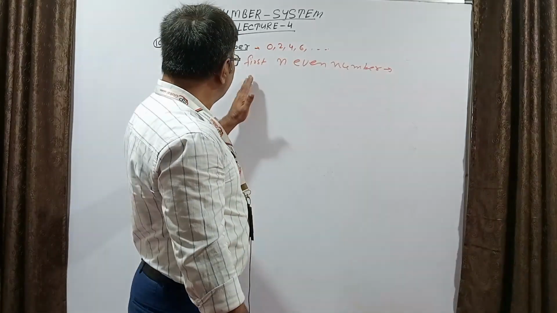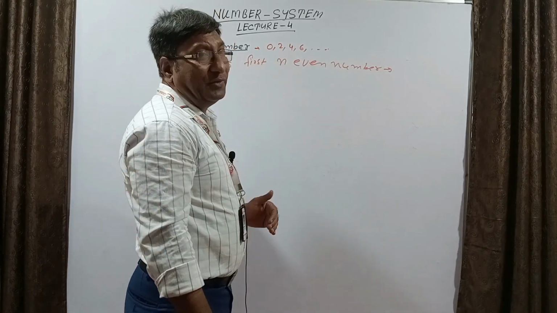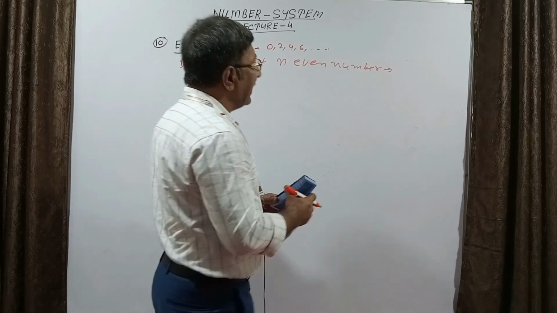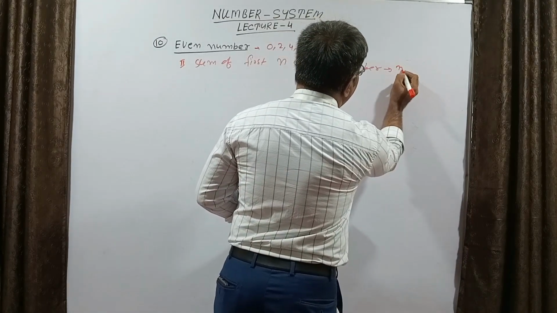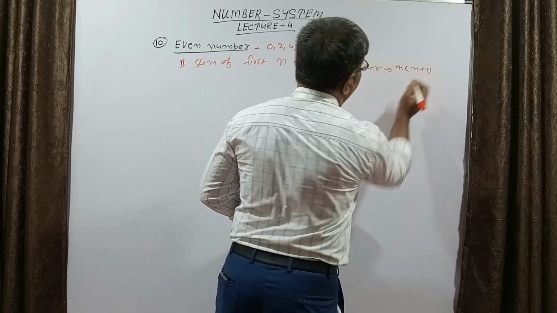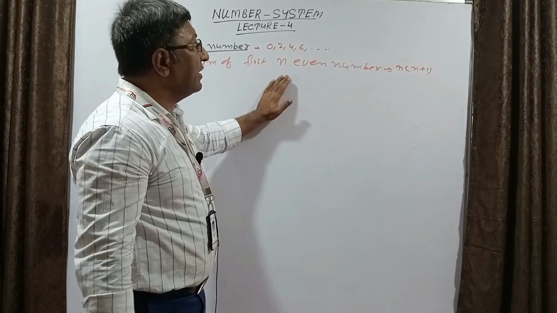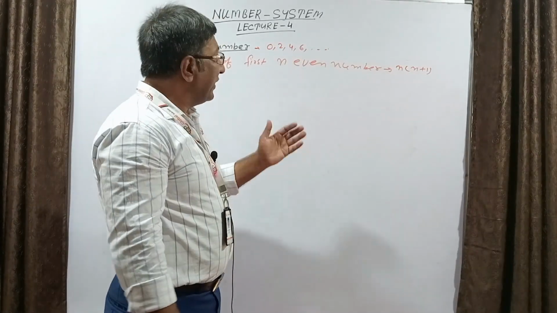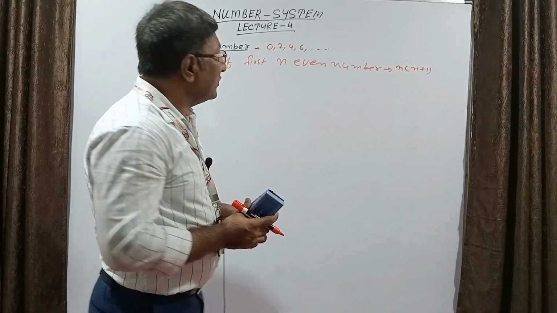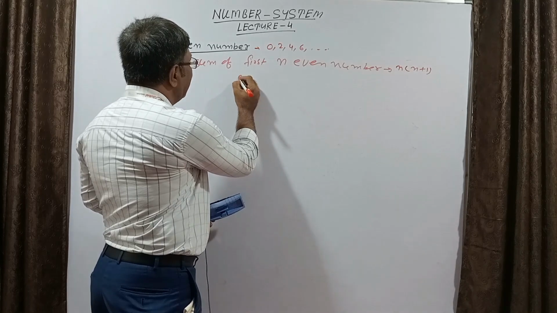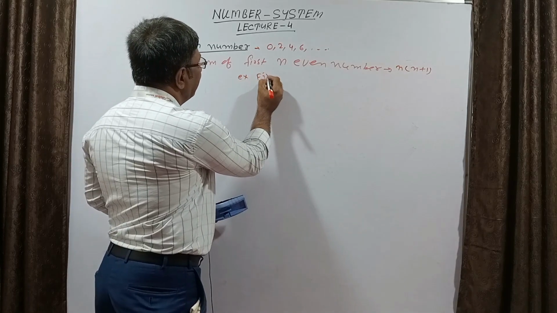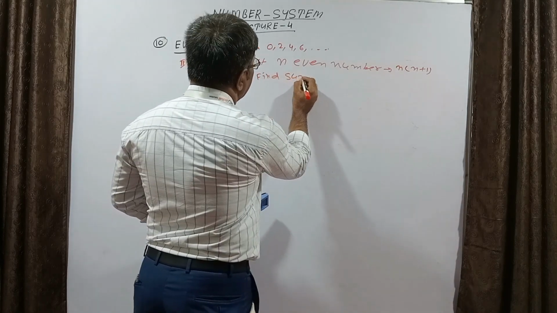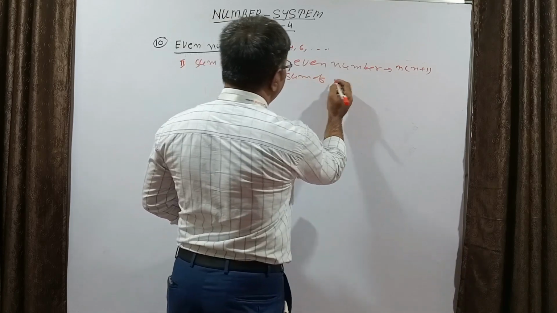So if there is a question on the sum of the first n even numbers, then the simple technique is n multiplied by n plus 1. So whatever is given, just multiply that number by the next number. You will get your correct answer. See the example, just like: find the sum of